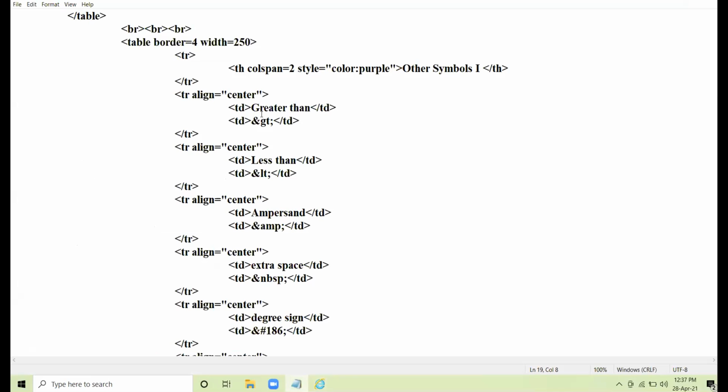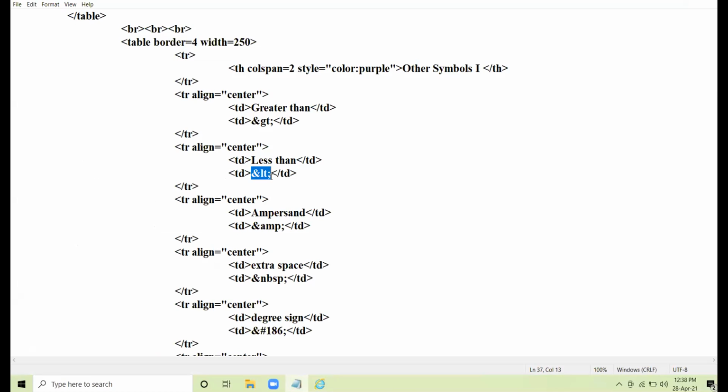First of all, the HTML code to insert the greater than sign: ampersand GT semicolon. Then how to insert less than symbol? Ampersand LT semicolon, less than symbol.